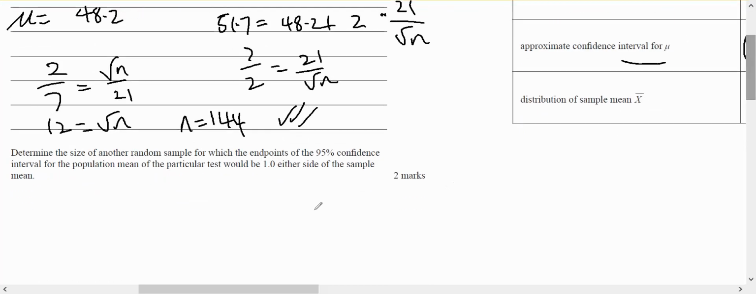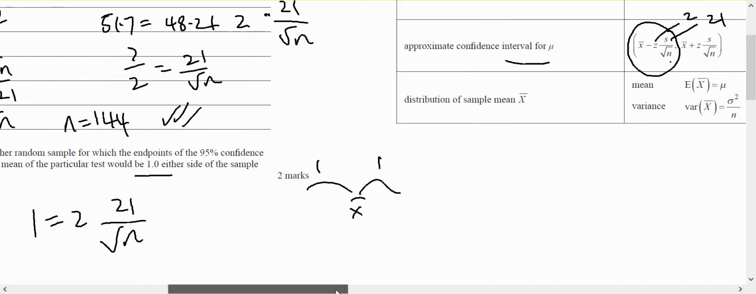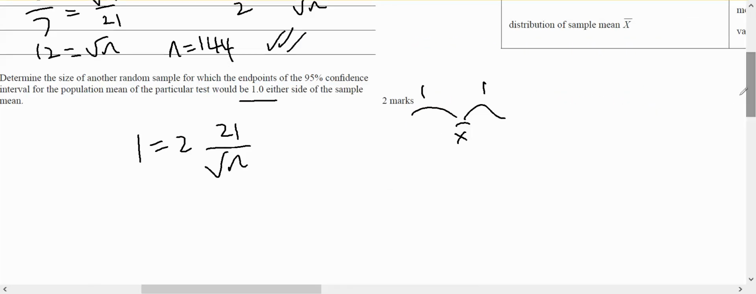And then lastly, if I'm now going to have 1 either side of my sample mean, then I'm going to have 1 equals 2 times 21 on root N, because my plus or minus will be 1 either side of my sample mean. So therefore the margin of error, which is the bit that we plus or minus on either side, is going to be equal to 1. So if that's the case, I'm going to have